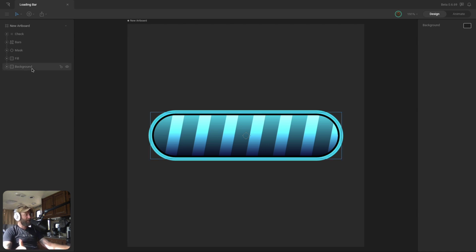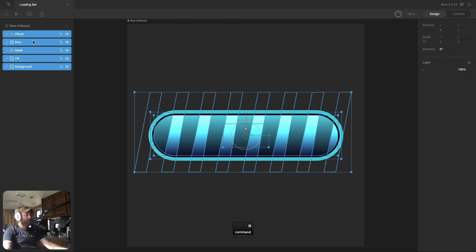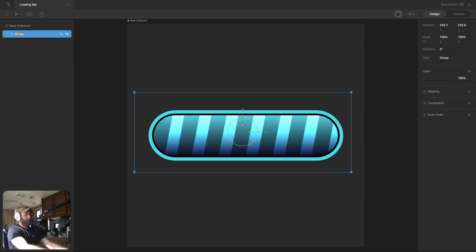All right, the last thing we need to do is select everything on the stage, add another group, and call this group root. Now, this group we're going to use if we ever need to change the entire scale or position or opacity or anything like that of the entire composition. Even after we've created animations, if we do that on the root group, then we won't have any issues with our keys. So this is ready to go into animate mode and get moving. So let's do that next.